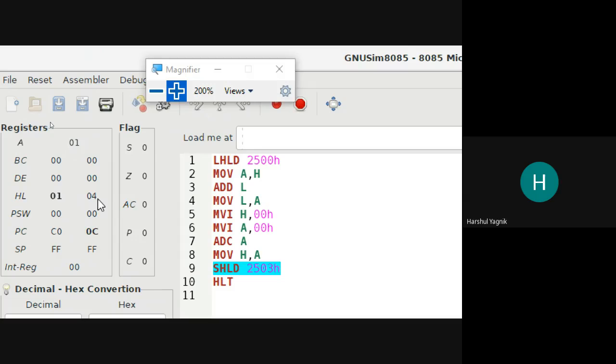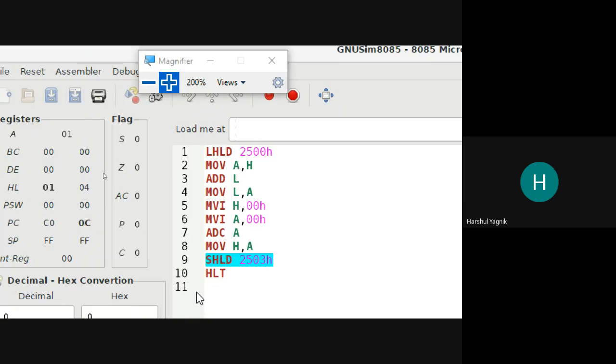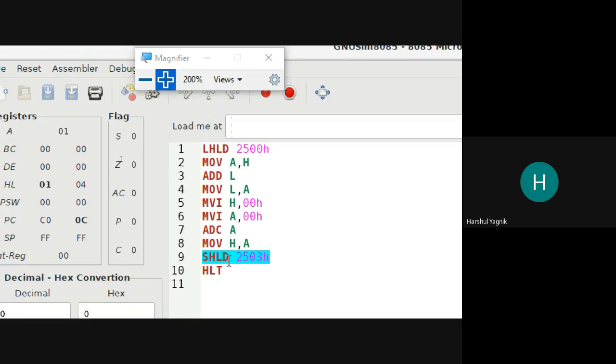This has to be stored at the memory locations, as per our aim, 2503 and 2504. For that, the instruction is SHLD. This will store the content of the HL register pair into memory location 2503 and the successive memory location. Let us run this.